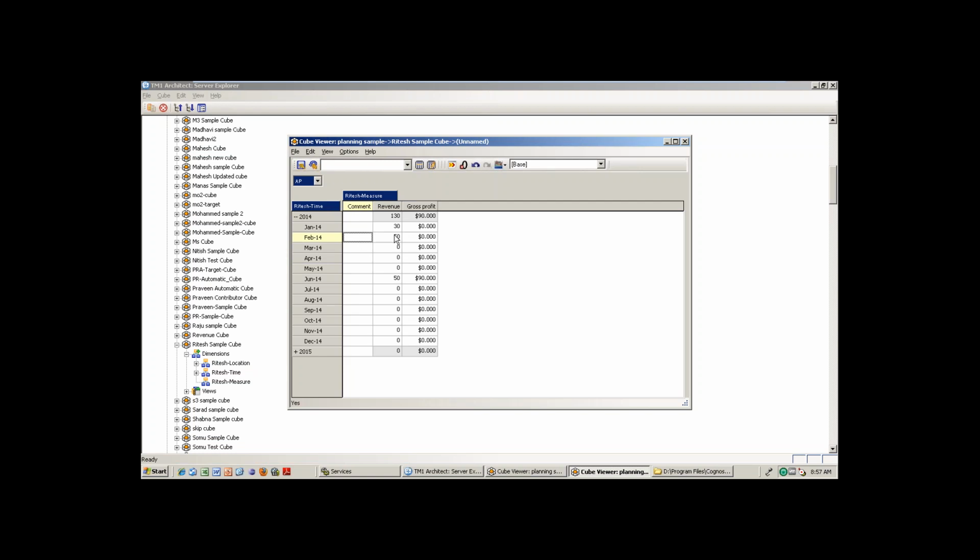Second thing, for example, in the revenue column, if I try to write Hari, it will not allow it, right? Because this revenue column is a numeric, simple element. But this comment column will allow you to write anything. Maybe this is 30 and this is $90.